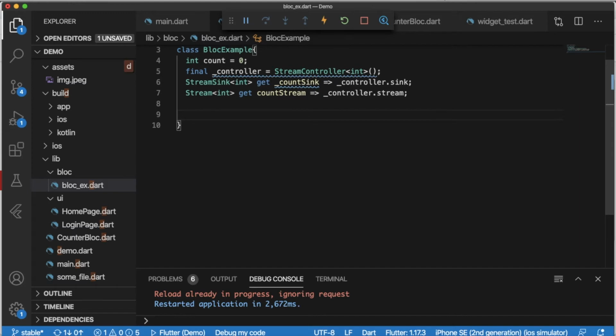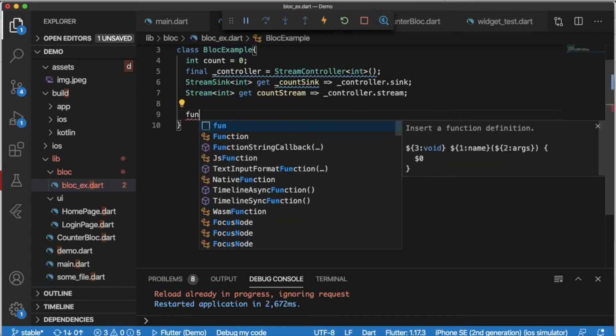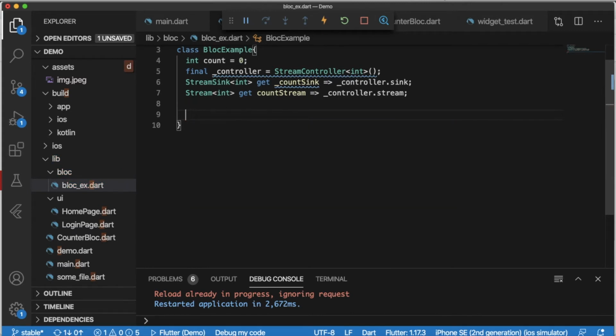Then the next step would be, I will create a void function, I will give the name of the function increase. This increase function will increase this counter.